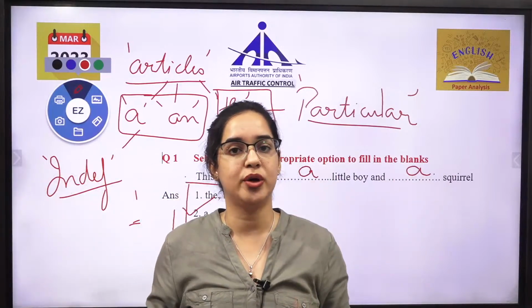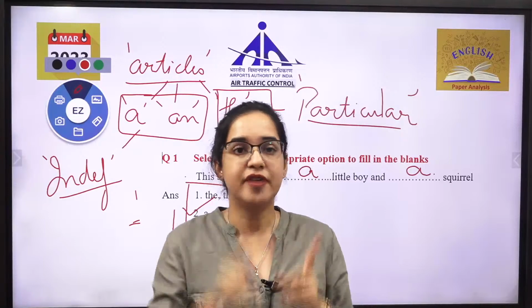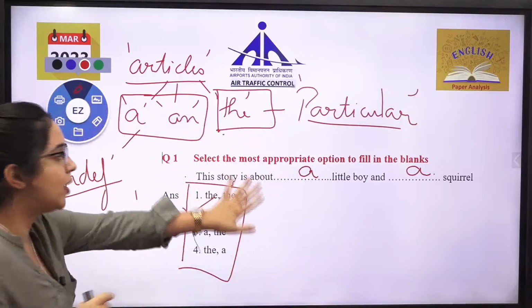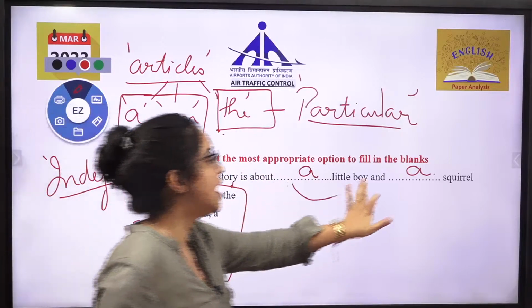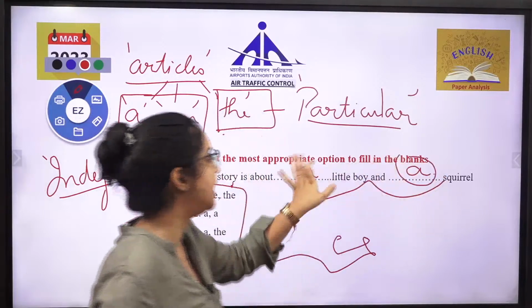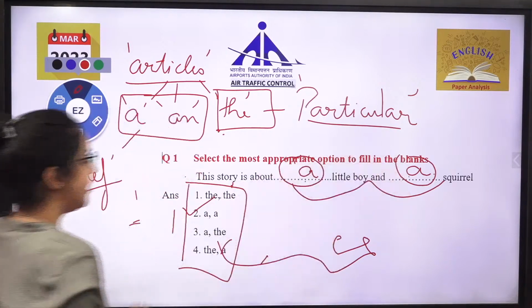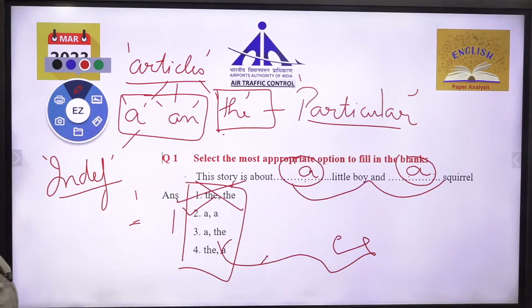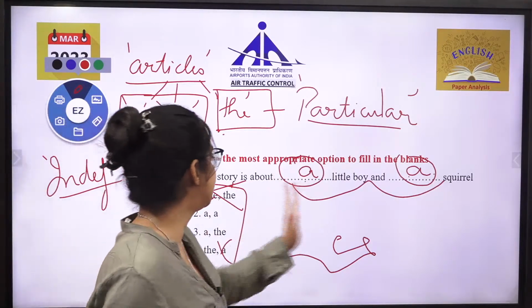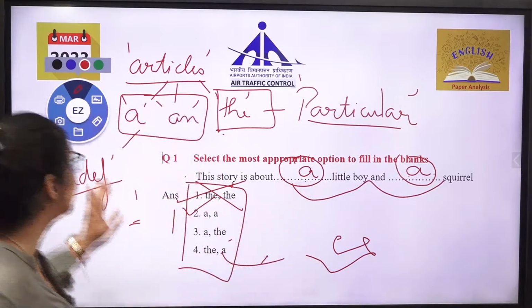I was sure about the second, but I was not sure about the first. So when you are not sure about something, what is this? It is just a random thing. Who is this story about? So it is A and A over there. Clear about this one? Why we chose article A and A over there and not this one? Because we are not talking about anything in particular. That is why we chose A and A. I hope the first one is clear.